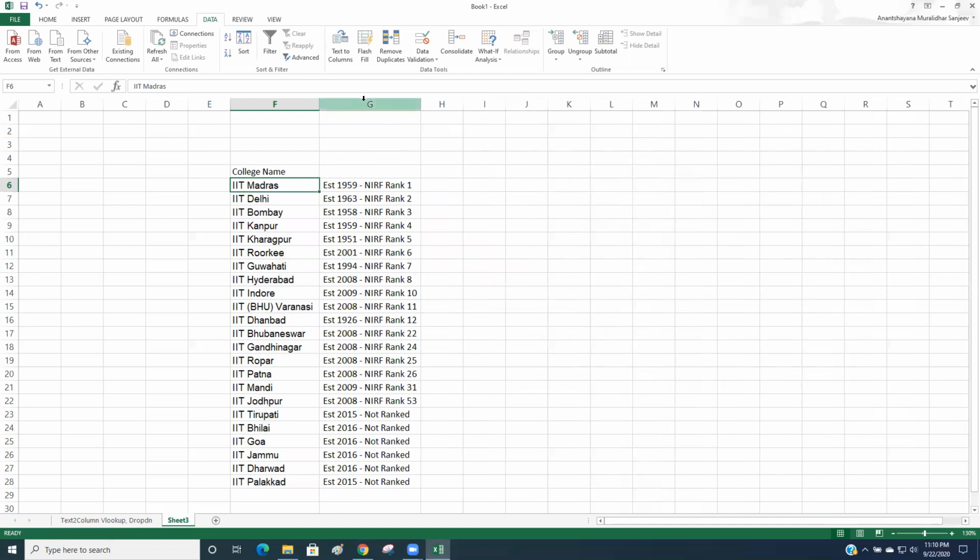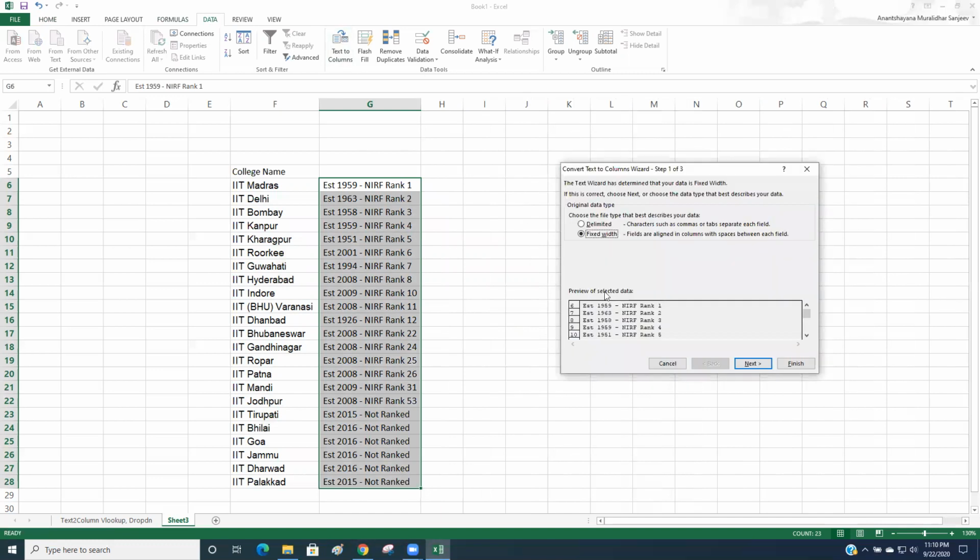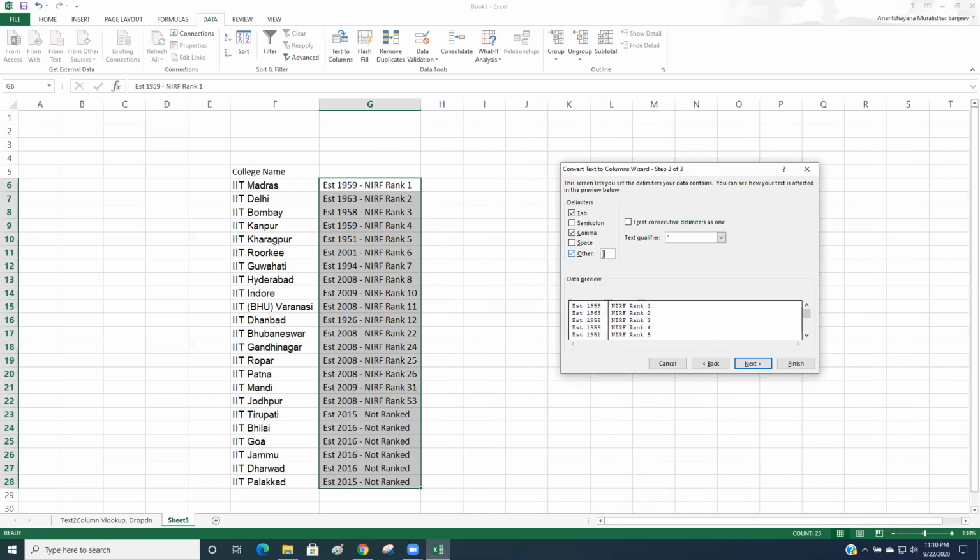Now from this text we need to split, and the delimiter is a hyphen here. So Shift, Control, Down, which selects the entire range. Again, come to Data and then Text to Columns. Again, Delimited, you need to choose that. Then click on Others and click hyphen. These are the common ones: Tab, semicolon, comma, space. These are generic delimiters, but sometimes in our text we may have some other character. You can have a star, or you can have your own delimiter. In that case, we need to specify that specifically here.